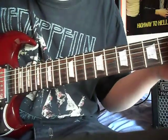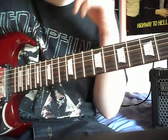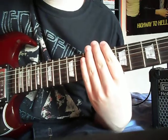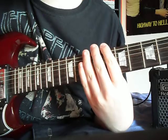There's a lot of palm muting and chugging, so getting the rhythm of it might be quite hard. You just need to feel the rhythm really. I can't really teach that, you need to feel it. But I can teach what he's playing, or rather my interpretation of what he's playing, because that's what this is. Alright, so we start off